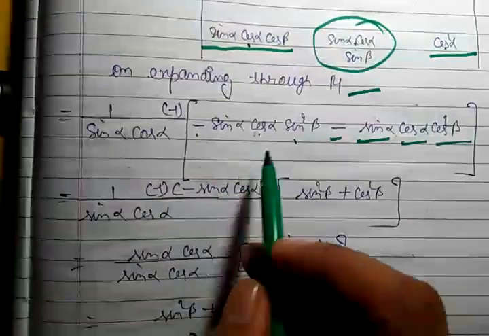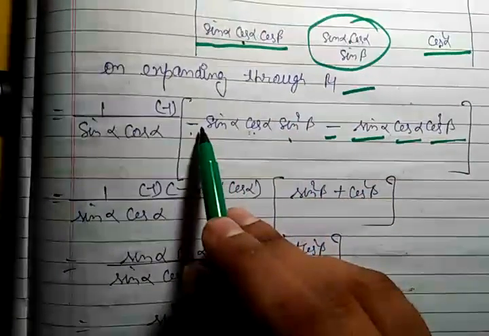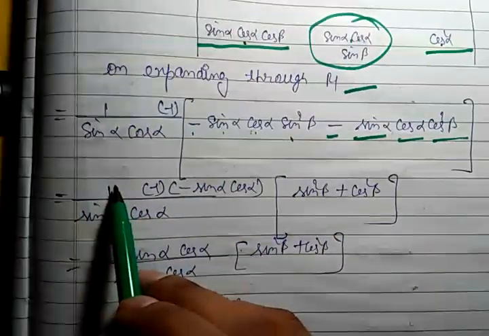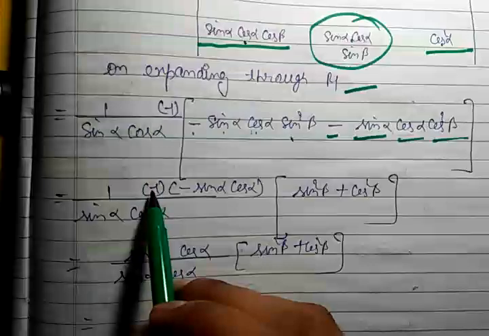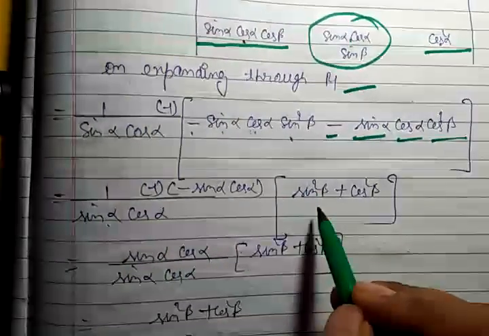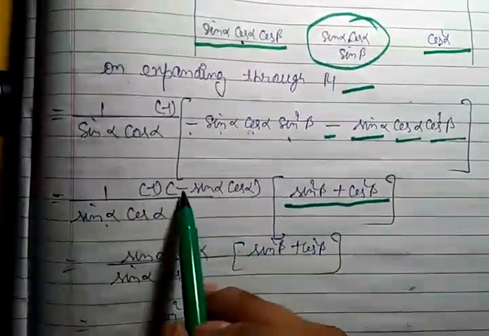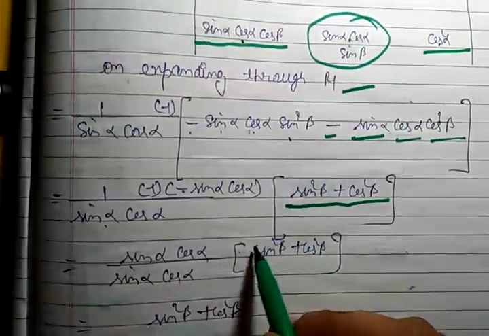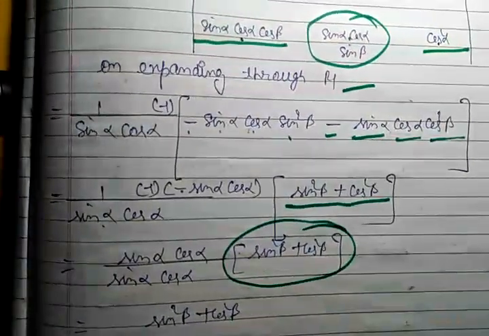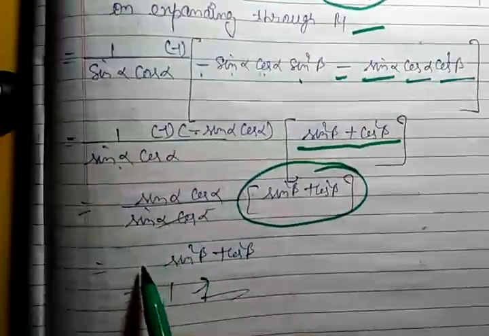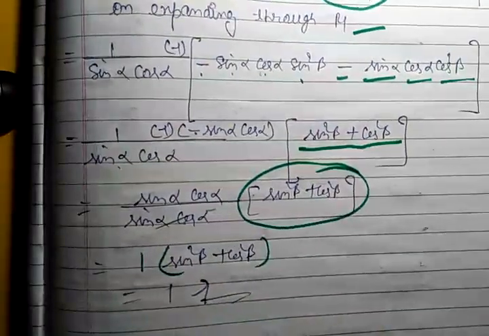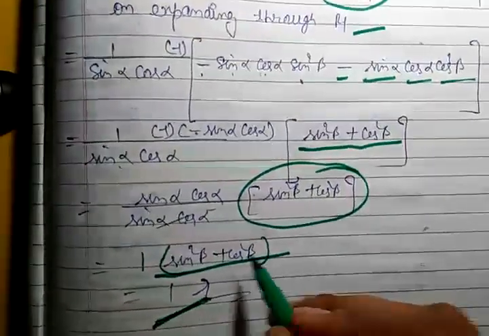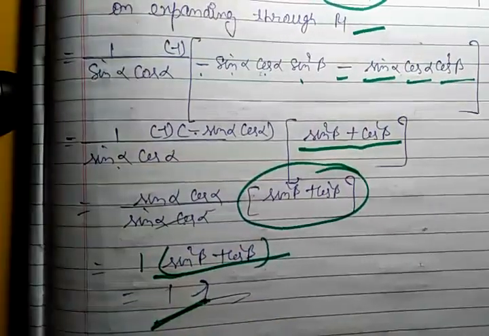Now you can see that in this entire term we can take common minus sin alpha and cos alpha. So we are taking the common minus sin alpha and cos alpha, and minus sign as it is. So you will get here sin square beta plus cos square beta, and it will be minus, plus, so you will get here sin alpha cos alpha upon sin alpha cos alpha, and here sin square beta plus cos square beta. After taking down you will get here 1, and you will get sin square beta plus cos square beta, and you know the value of sin square beta plus cos square beta is equal to 1. So we have proved that the value of the given determinant is equal to 1.